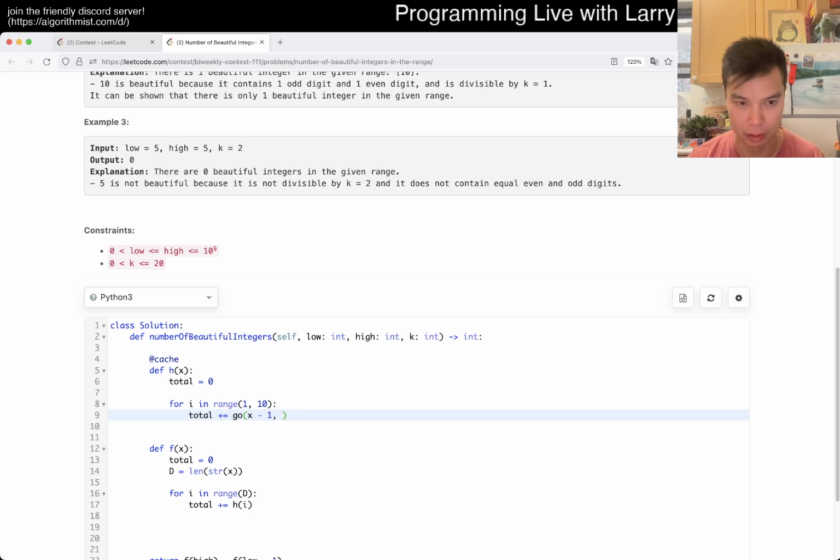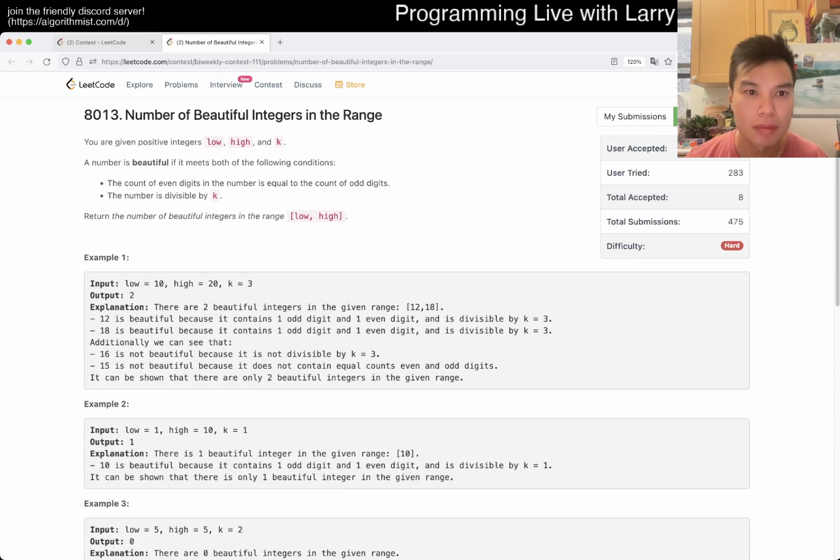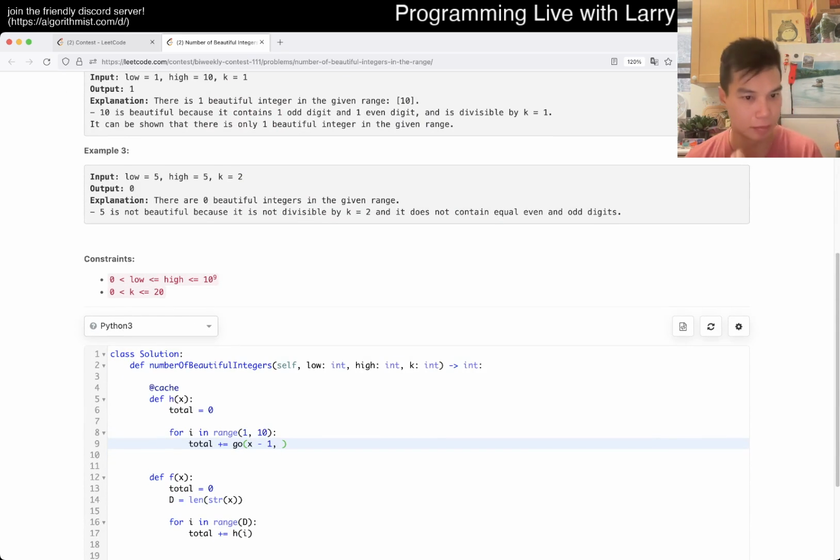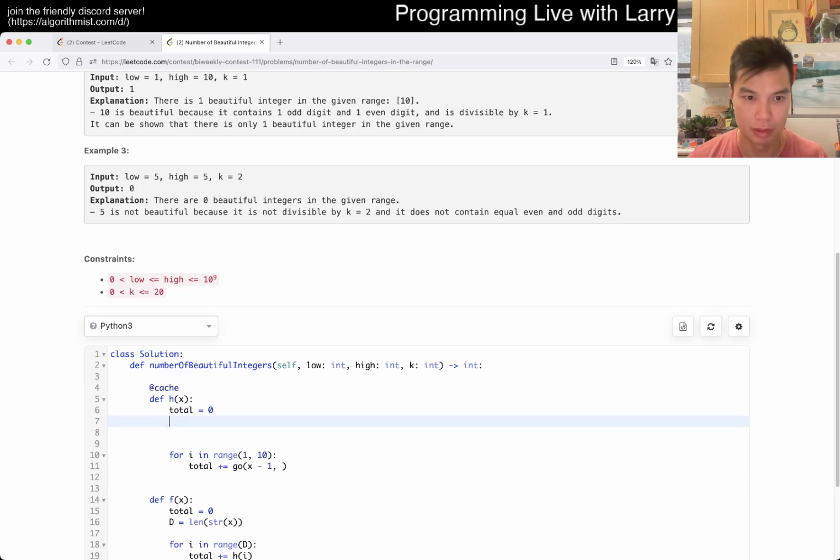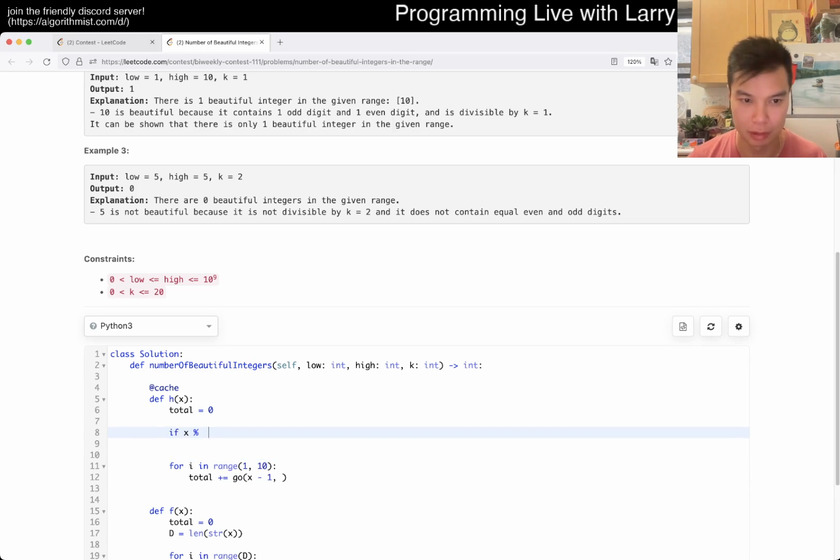First digit is I. Number of even digits in the. Okay, so it has to be. Okay, so if x y 2